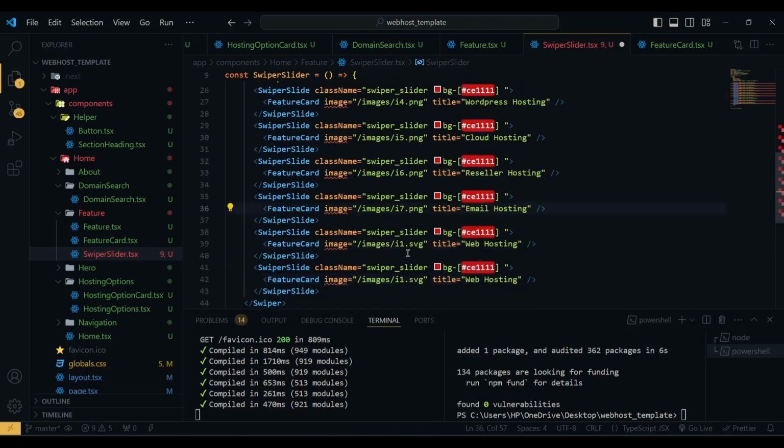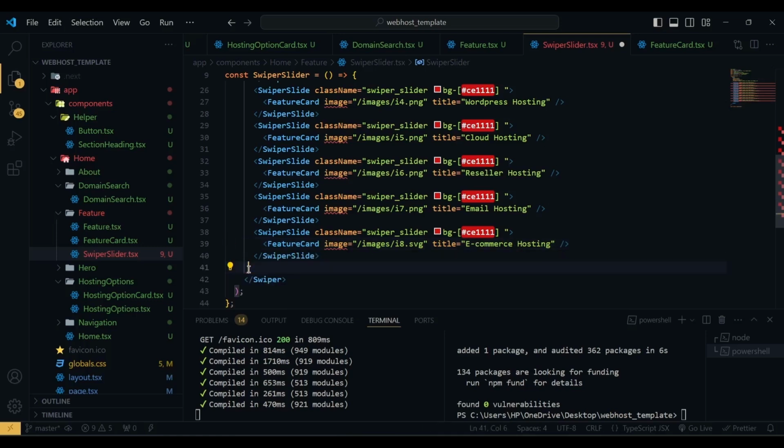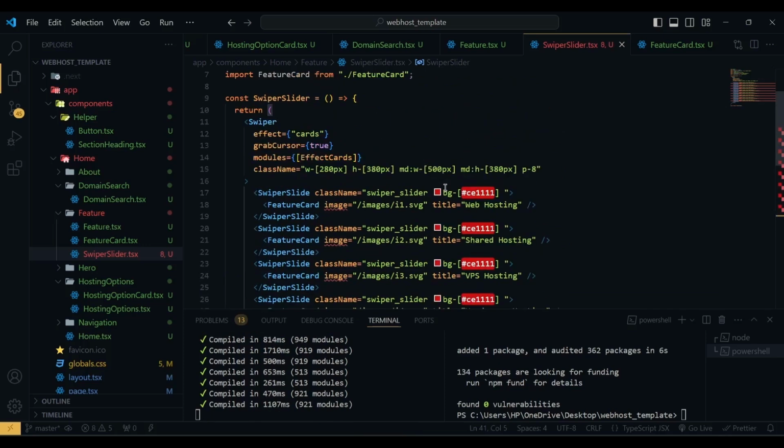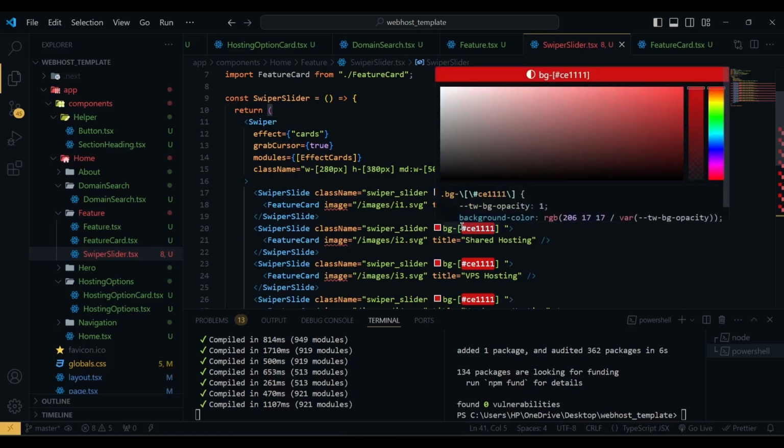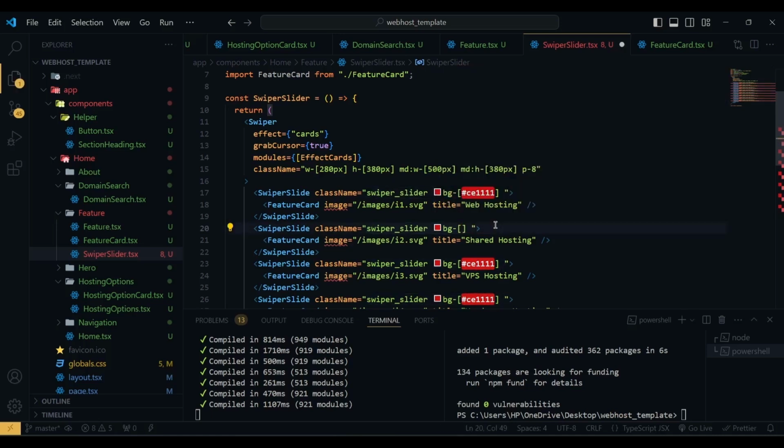Then we have i8.svg, and it is e-commerce hosting, and we do not need this one. And now I'm going to change the background color. So first one will be red, then the second one will be